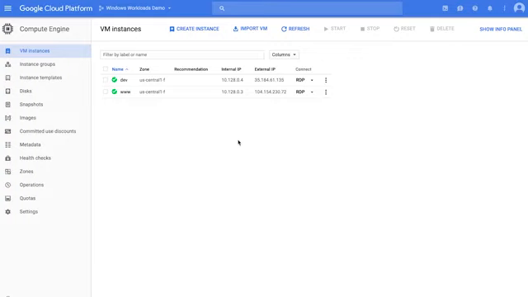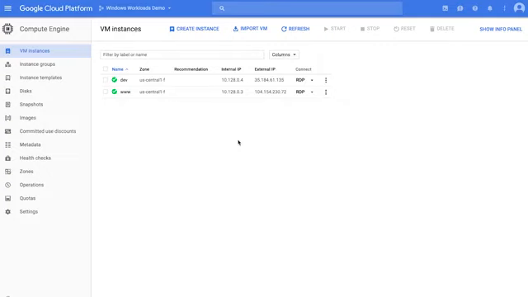For this demo, we've already created the Windows virtual machines that we'll need to build our application. First, I've created a Windows server with Internet Information Services and ASP.NET already installed, making use of Google Cloud Launcher's ASP.NET solution. This machine also has Microsoft SQL Server installed on it, and we'll use this SQL Server as our back-end data store for our ASP.NET web application.